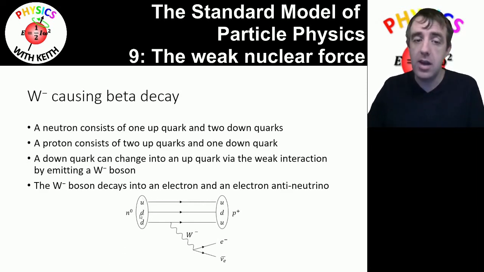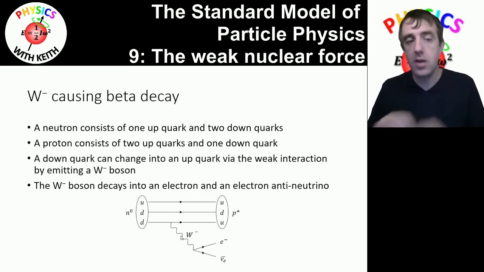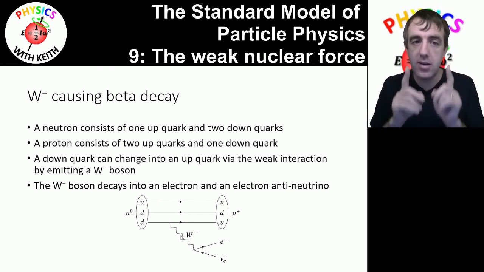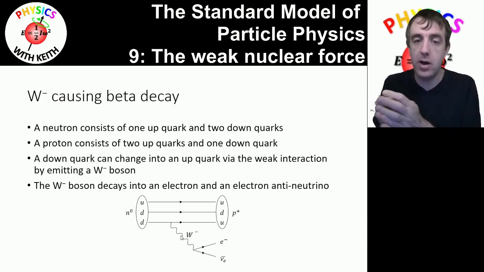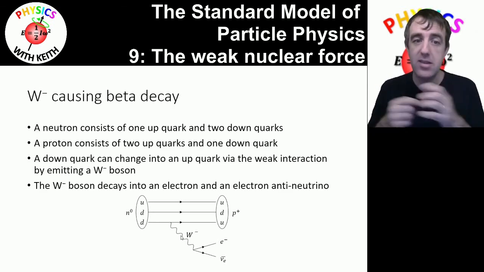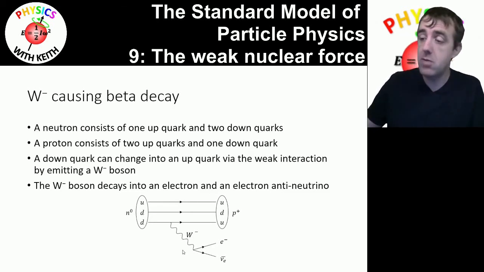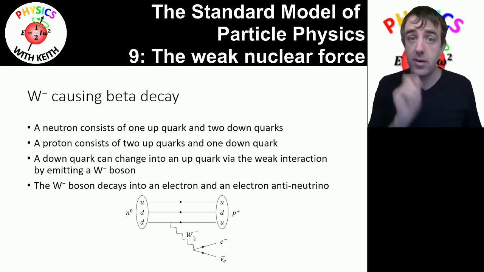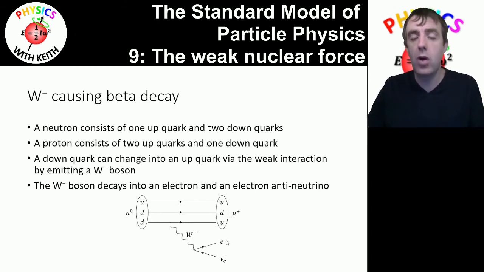Now what will happen here is one of the down quarks will emit a W- boson. The W- boson carries away that -1 elementary unit of charge. So the down quark is transformed into an up quark. Up quarks are a little bit less massive than a down quark. Not by a lot, but they are a little bit less massive. In this interaction, the W- boson is emitted, but the W- boson does not last very long. Very quickly it decays into two leptons. Well, I should say one lepton and one anti-lepton. The W- boson has negative charge, so it decays into an electron and an electron